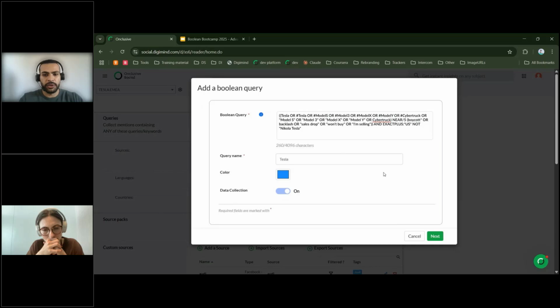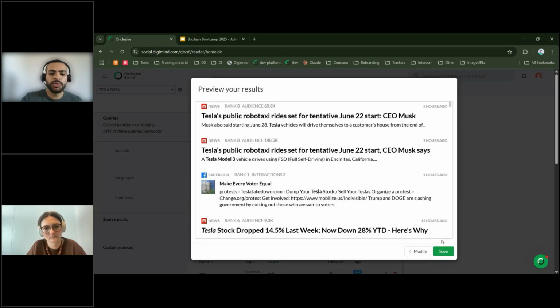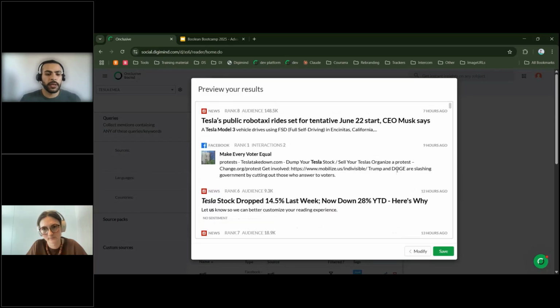Now I can test my query. I can click on next to test my query and check for any syntax errors. So the query doesn't contain any syntax errors. I should be able to preview the results and save it.